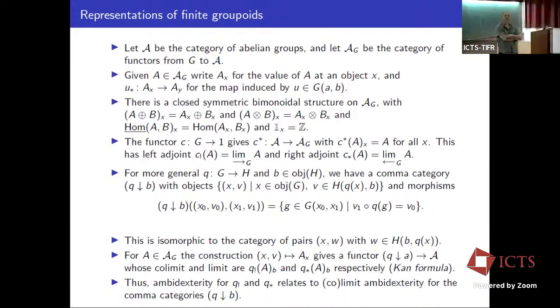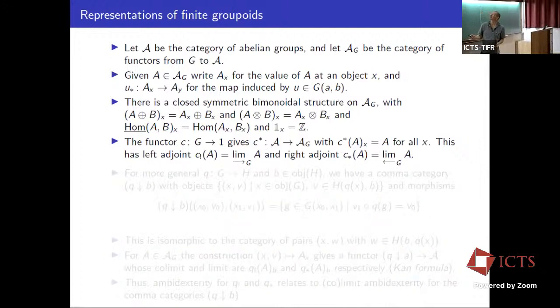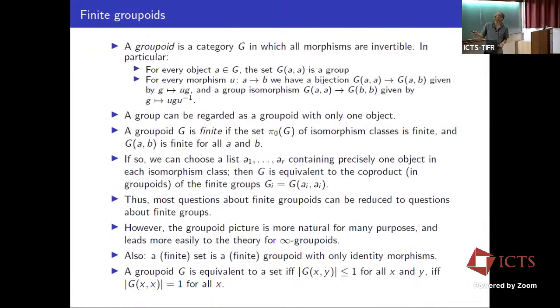Well, I mean just the reduction to groups, right? So what do you mean by classification? The natural thing is to classify up to equivalence. When you're talking about categories, you want to classify them up to equivalence, and this is the classification, right? Groupoids up to equivalence is just the same thing as families of groups up to isomorphism,